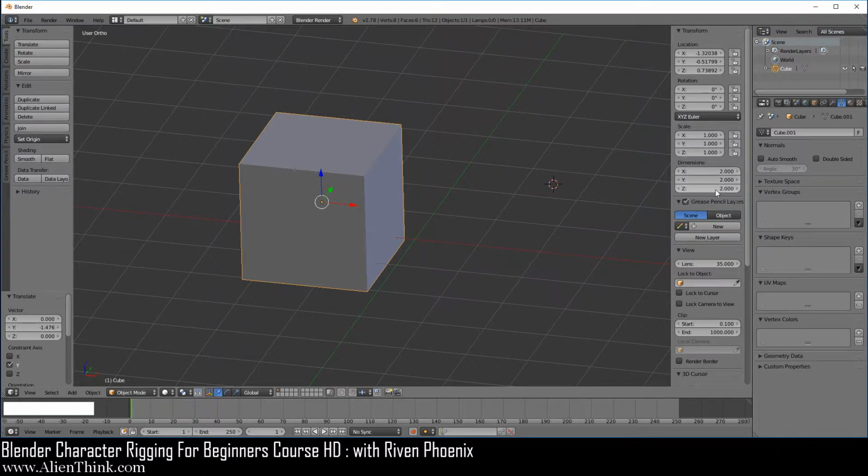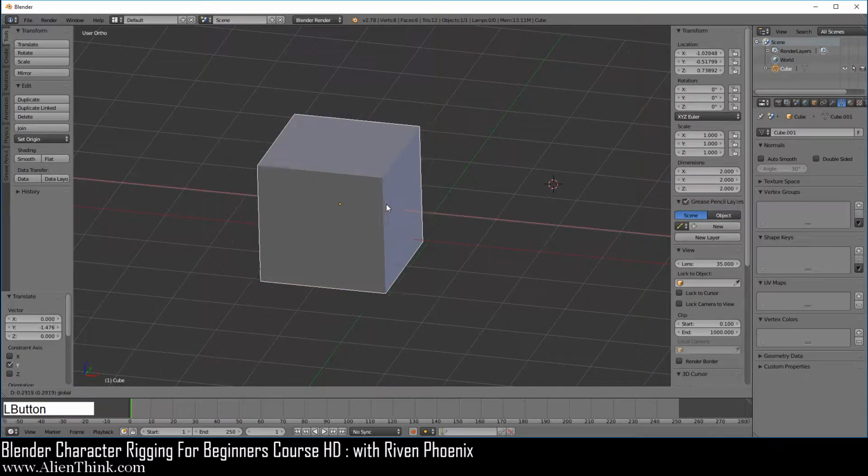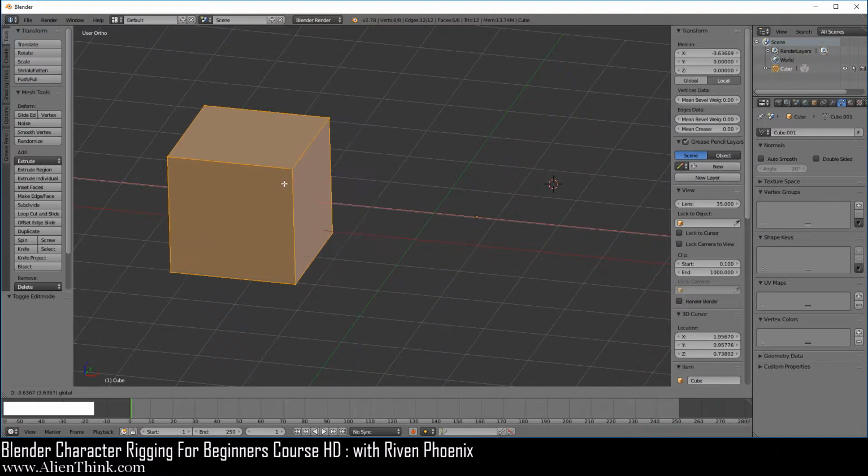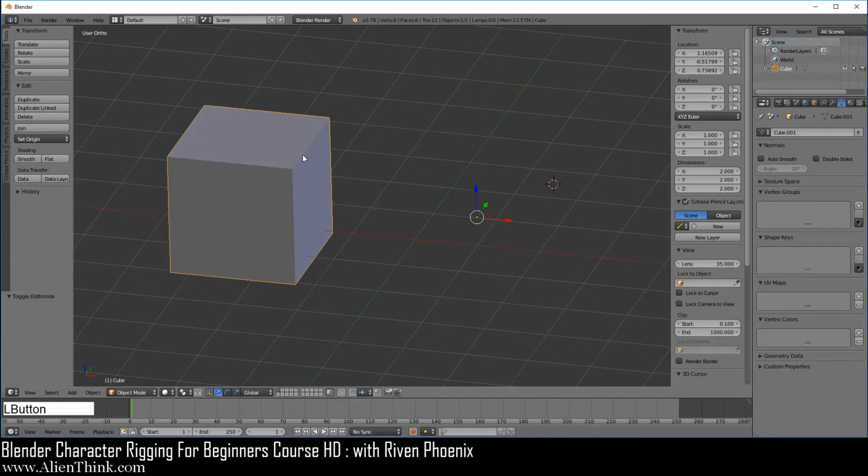Now notice these dimensions over here. This is simply showing you how much space the vertices are taking. So if we move this object over here and press the tab key to go into edit mode, having all the vertices selected, click on this red arrow and move it away from its origin point, go back into object mode, you'll see that the dimensions still stay the same.